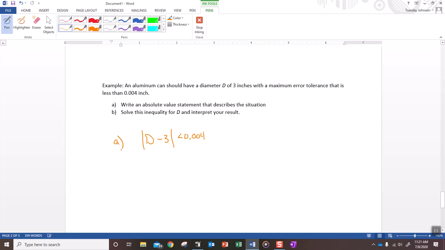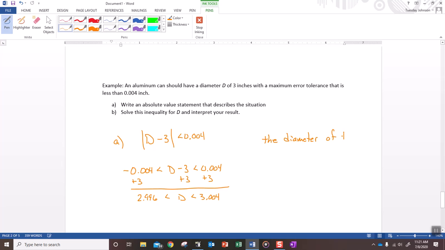So this is part A. All right, the diameter needs to be close to 3. How close to 3? This close to 3. In order to solve it, since it's a less than, negative 0.004 is less than d minus 3, which is less than 0.004. When I add 3 to all 3 positions, I will get 2.996 is less than d, which is less than 3.004. This means that the diameter